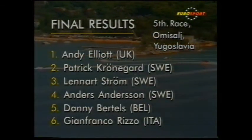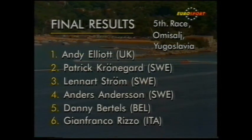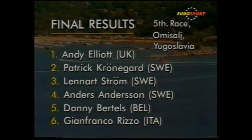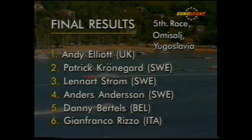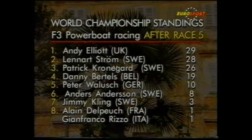And there we have it, the final results of this race. Elliott first, Patrick Kronegard from Sweden second, Leonard Strom, who won in Stockholm, third, Anders Andersson, the early leader, fourth, Danny Bertels fifth, and Gianfranco Rizzi from Italy, a new name in the frame. And there are the championship standings, and that puts Andy Elliott 1 point ahead now of Leonard Strom from Sweden. Patrick Kronegard 26th and Danny Bertels